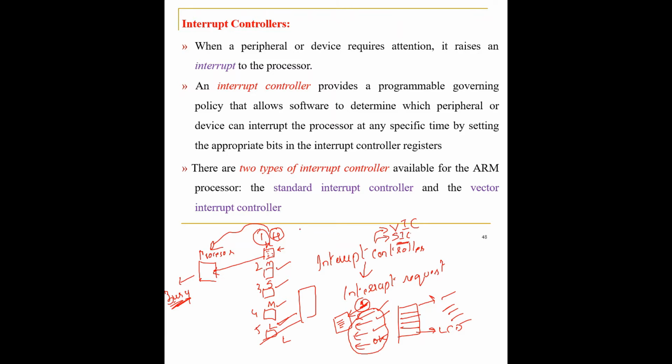So these are the remaining things we had to discuss in embedded system hardware. We have to study memory, peripherals and controllers. In memory, we have to study the hierarchy, the width and the type. In peripherals, we have to study the different kinds of peripherals that can be connected. Finally, for controllers, we have to study the memory controller and the interrupt controller. So this is regarding the embedded system hardware components. Thank you.